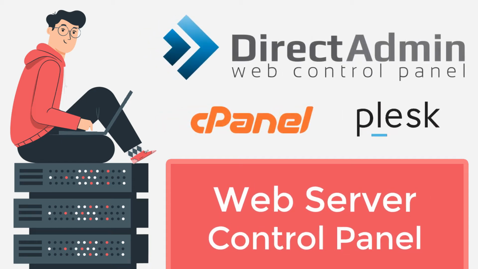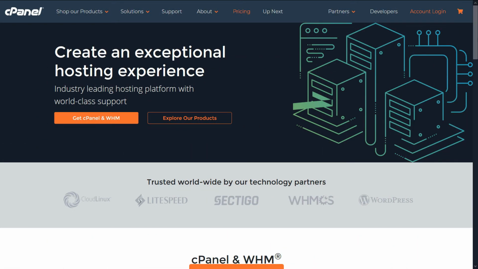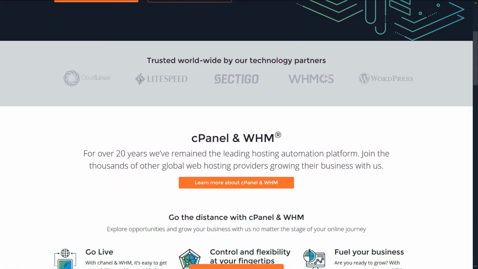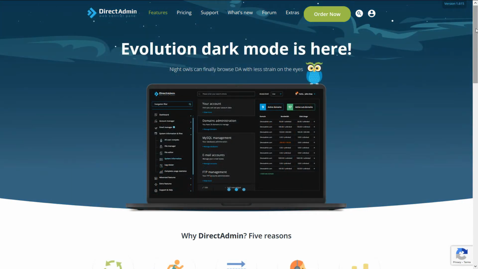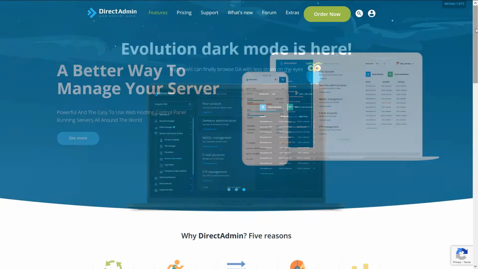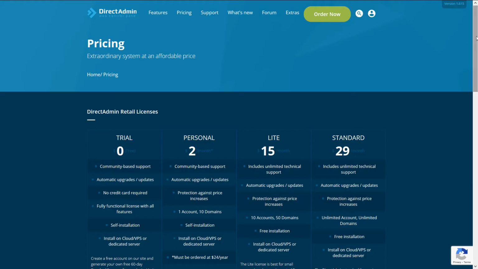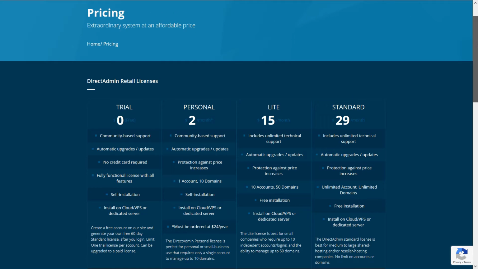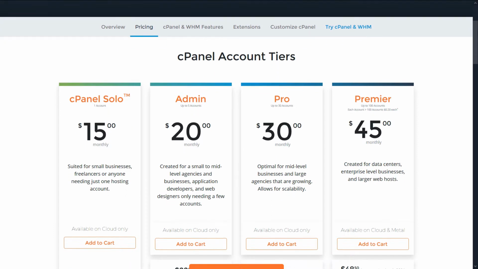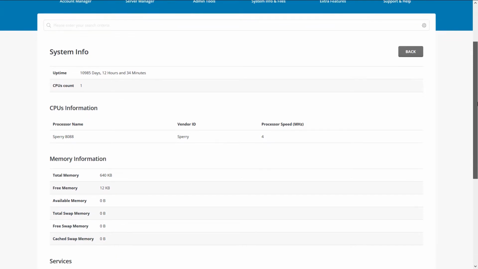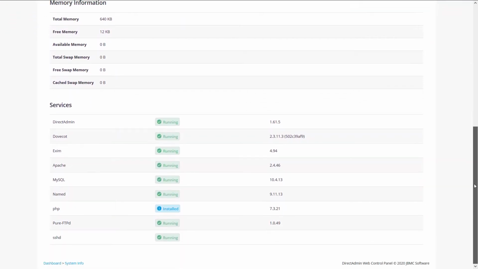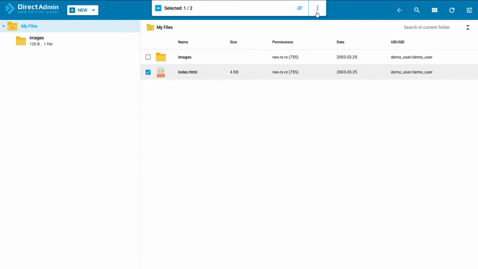There are a lot of paid control panels like cPanel, DirectAdmin, and Plesk in the market, and web developers and system admins have the experience of working with at least one of them in their career, whether on a shared hosting environment, a dedicated server, or a VPS. They have different features and different licensing prices, but in most cases, they are a must for hosting your web applications. You definitely don't want to install a web server, database, DNS, FTP, mail server, and everything else all by yourself in the terminal and manage and monitor them manually.